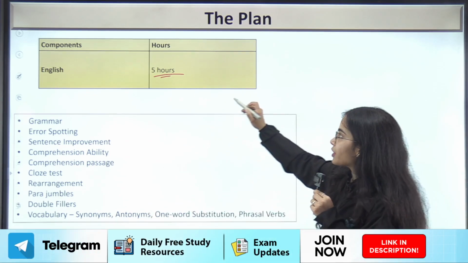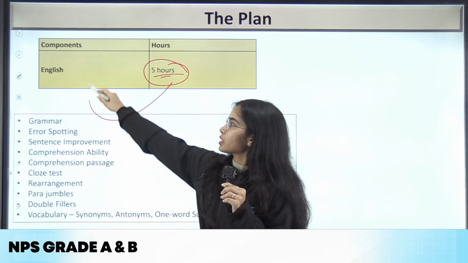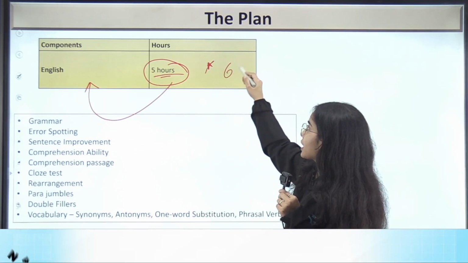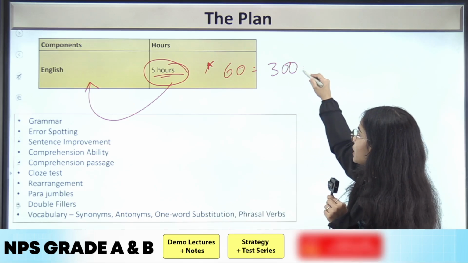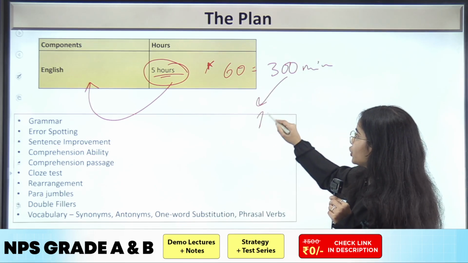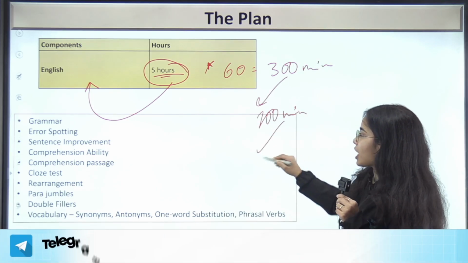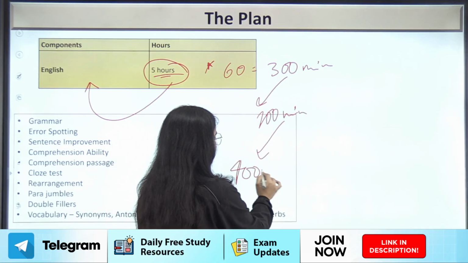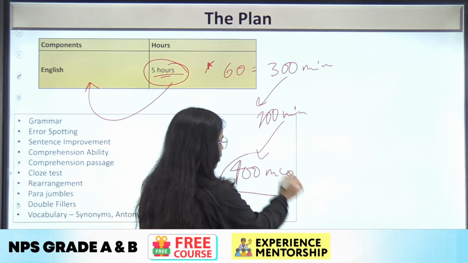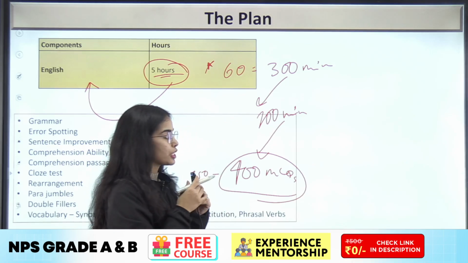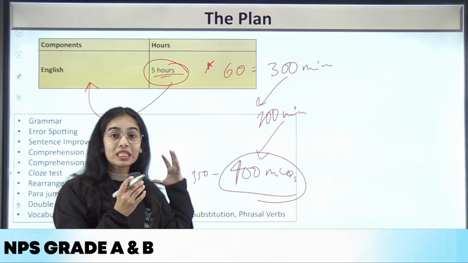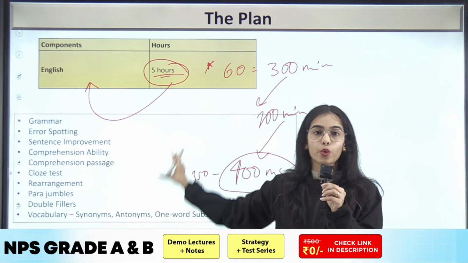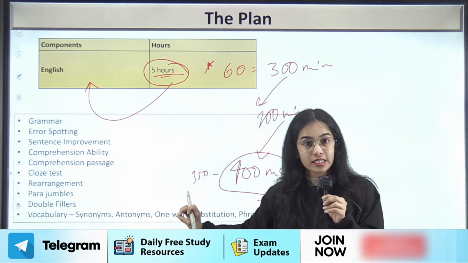Okay, so 5 hours, here we have given 5 hours for the English component. Now in this 5 hours you can understand that there are 300 minutes. Let's say you are using 200 minutes to answer the questions or to do the MCQs. That means you should be solving nearly 400 MCQs, or at least 350 to 400 MCQs you should be solving. So through these 350 to 400 MCQs, you can understand that many of your concepts will get revised, as well